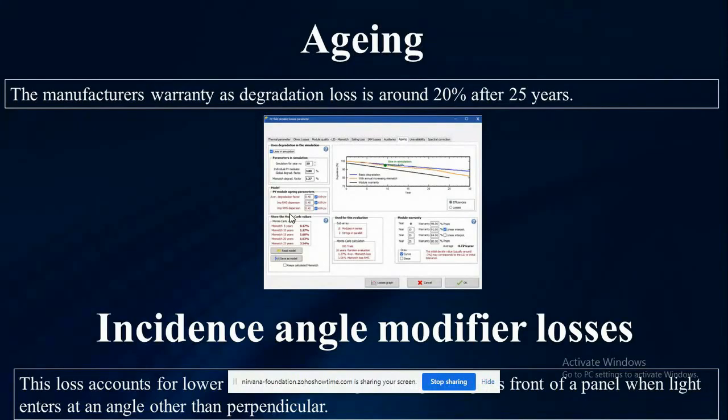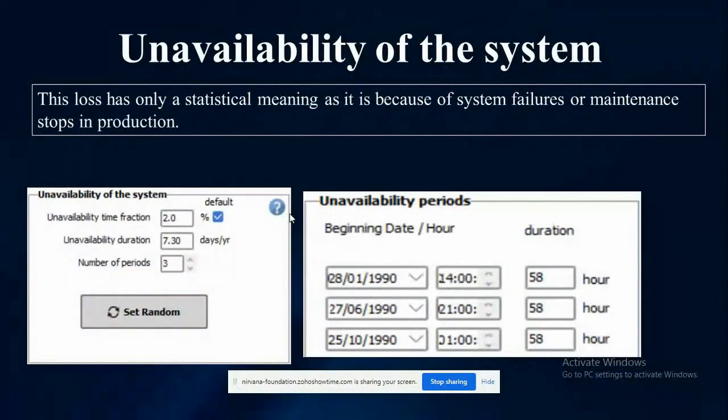This accounts for incidence angle modifier losses. And then unavailability of the system. This loss has only a statistical meaning, because sometimes we will shut down the system, or there will be some maintenance stops in the production. So we can give, say, a once-a-year maintenance shutdown. We can enter the date and the duration of our unavailability periods, and we can calculate.